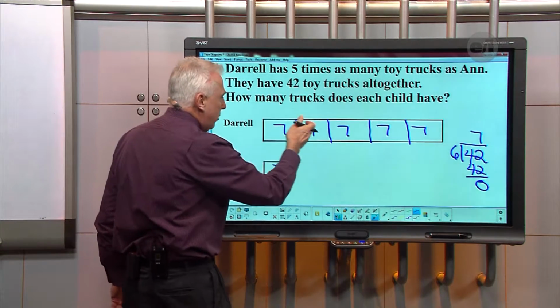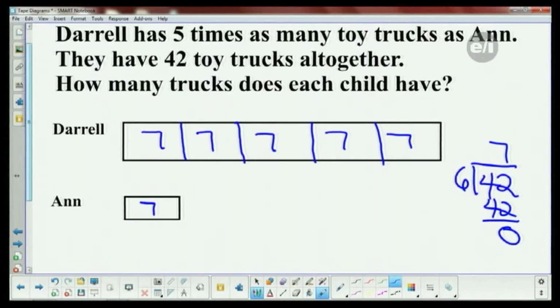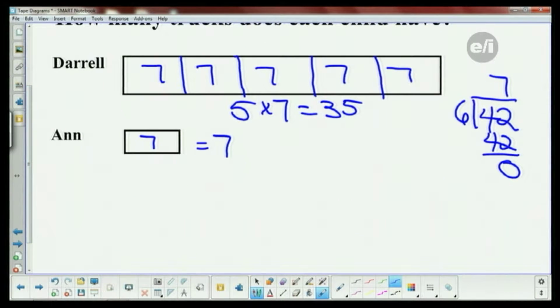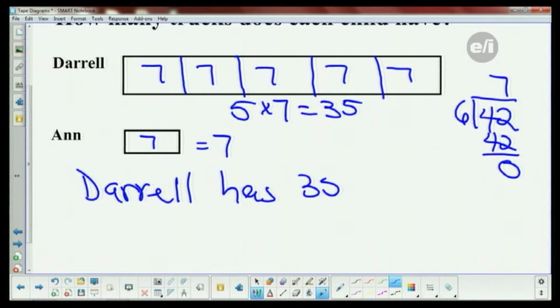We could add 7 plus 7 plus 7 5 times, or we could do Daryl's is 5 times 7, which is 35. And Ann just has the 1 segment. She has 7. So to answer the question, and a lot of times on these tests, they want you to write out the answer. Daryl has 35 trucks,